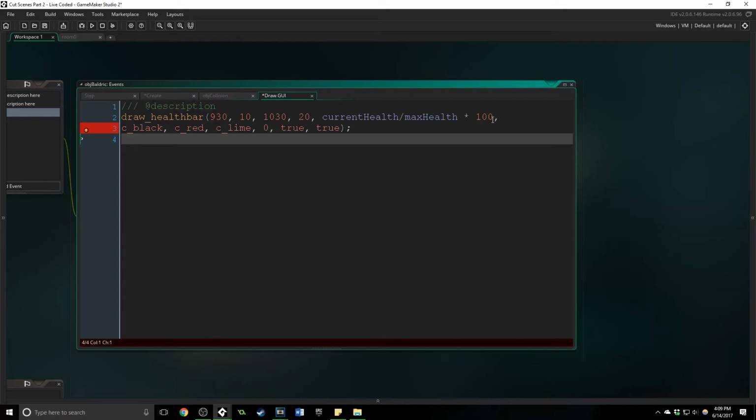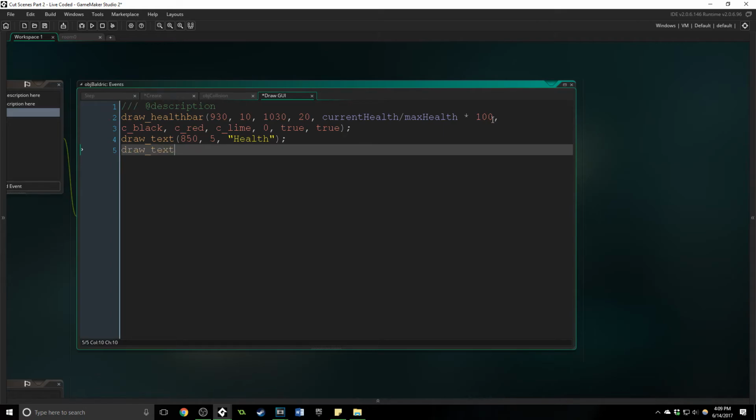And then all we have to do with that is draw text 855, and this is going to say health. And we're going to draw text at 950 and 20. That is the string of current health. So I want to actually draw the numbers here. And we're going to say, put a divider in here,